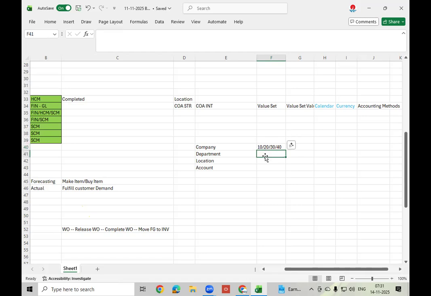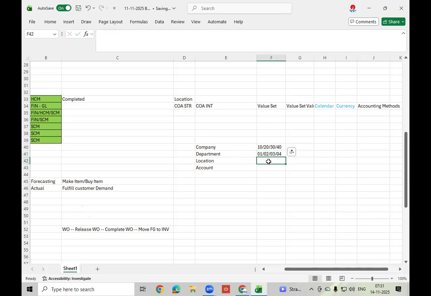In departments also, I maintain values: 01 HR department, 02 finance department, 03 procurement department, 04 manufacturing. Likewise, I will add it.